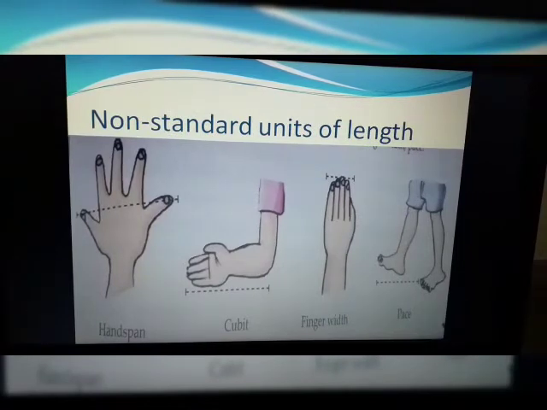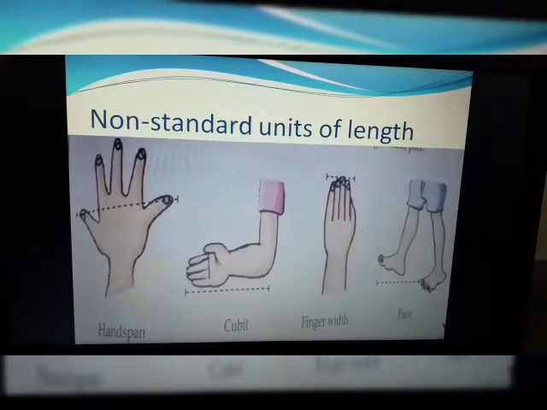Let's see one more example. If I use my thumb to measure an item, you will have no way to confirm my measurement because your thumb may be bigger or smaller. So the measurement will be different. That's why we need a standard unit of measurement to make our judgment more reliable and accurate for everybody. Thus, there should be uniformity in measurement, and for that we need a common set of units of measurement which are called standard unit.